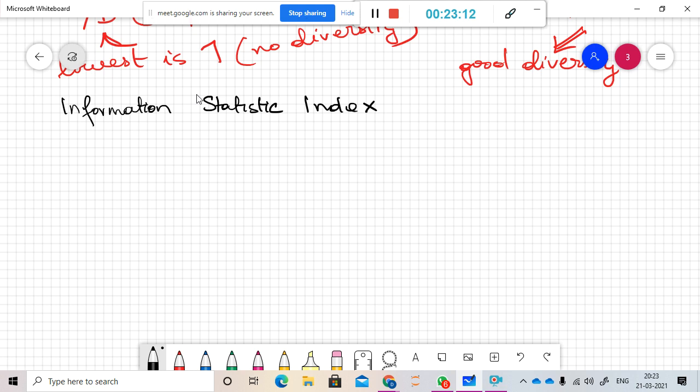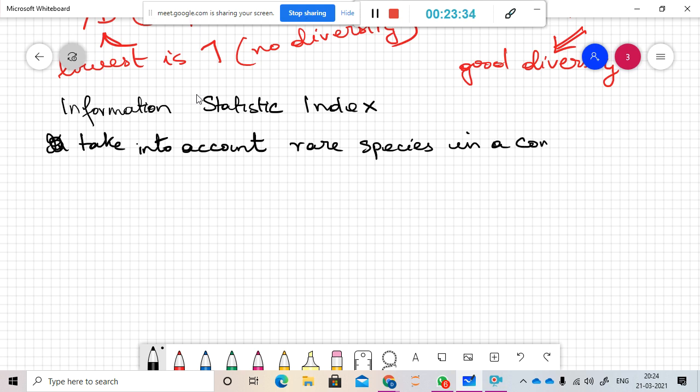Information statistics indices take into account rare species in a community. This is another way of seeing the diversity index. This is based on the rationale, or the principle,